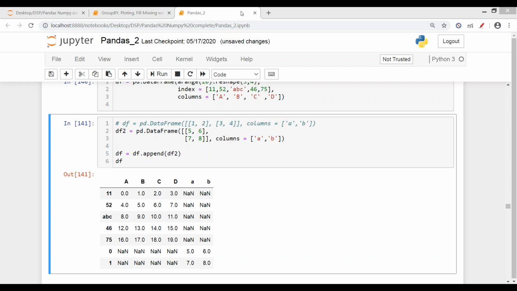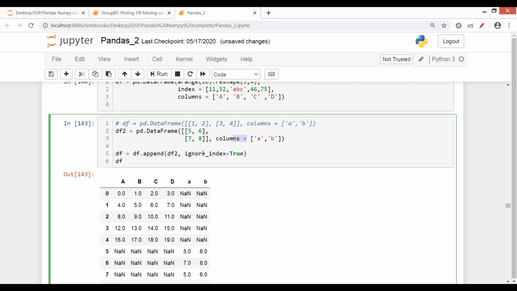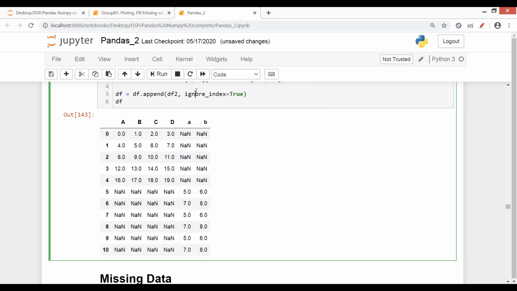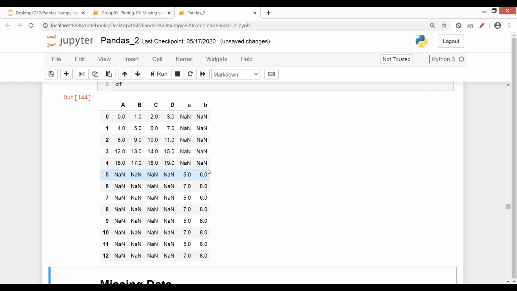You can ignore the index as well. See, we have gotten a custom index, like I was getting the index for the original data frame, and then I'm getting the index for this new df2. But if I say ignore_index equals True, see, the entire index is reset now. And when I run this command n number of times, n number of times the values are inserted, they are added at the end of my data frame, appended, sorry. So this way you can add multiple values, but as I told you, we do not generally use the append command, we use merge or concat.